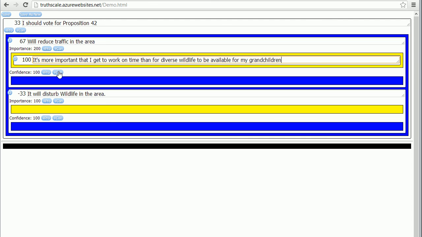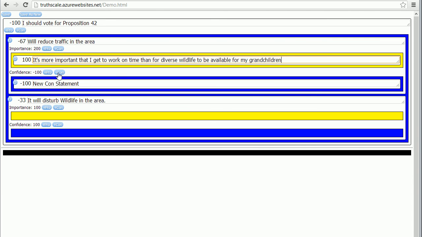But as often is, the issues are more complex. So this will reduce traffic in the area. We're going to put a con there, and we're going to say that a study has shown that traffic will actually increase due to additional routes.